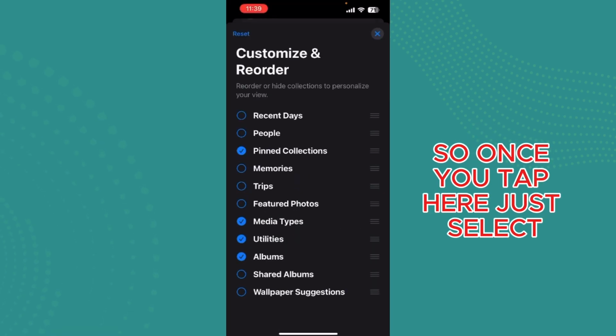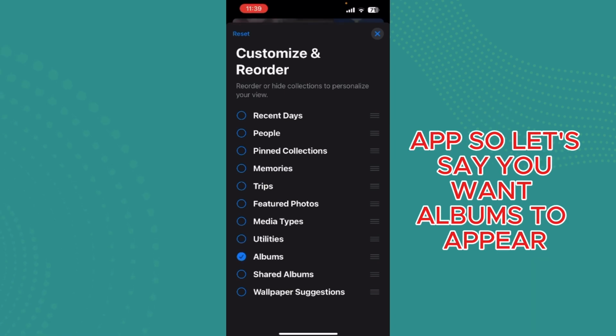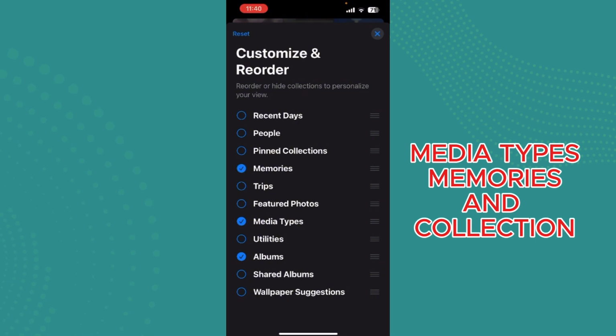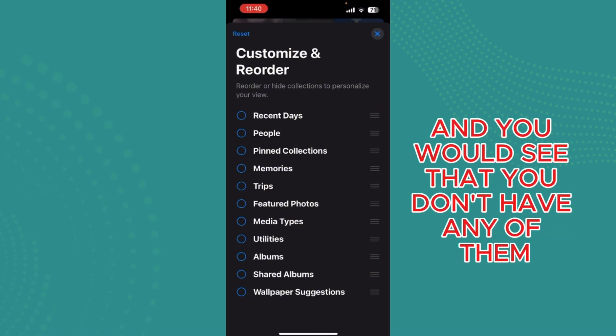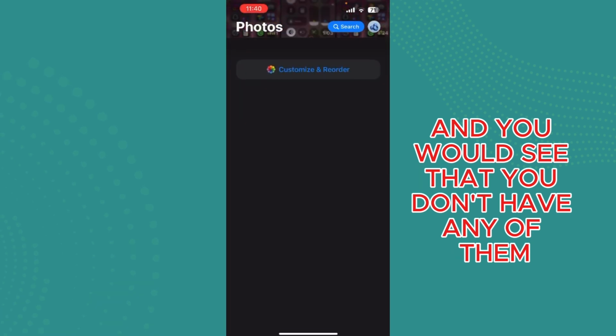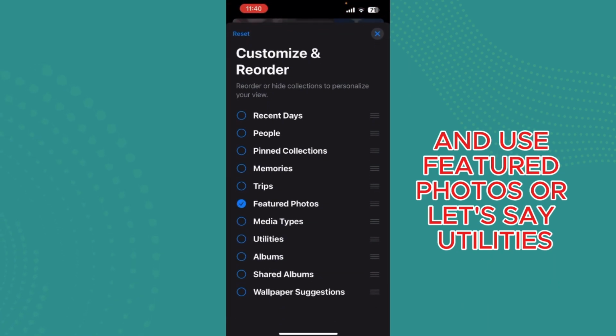So once you tap here, just select the collections that you want to appear in your Photos app. So let's say you want albums to appear, media types, memories, pinned collection. If you don't want any of them, just deselect them and you would see that you don't have any of them. If you tap on customize and reorder and use featured photos, or let's say utilities, and you would find